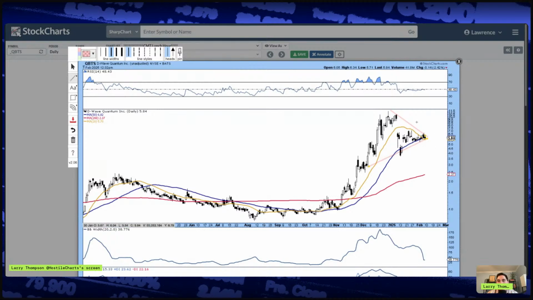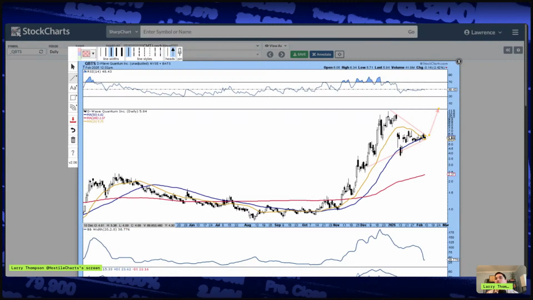So here you just have this triangle, pennant, whatever you want to call it. And I think if you're convicted in this name, right, that's where you would have the resolution. Would be hopefully to the upside because the underlying trend is up, right? Strong 200-day, the red, right? And the 20 and the 50-day are kind of in line here. So I would look for the resolution, right? Maybe we get above 6 and then I would start getting long. But if this is something you like more longer term, right, you could probably start adding now.